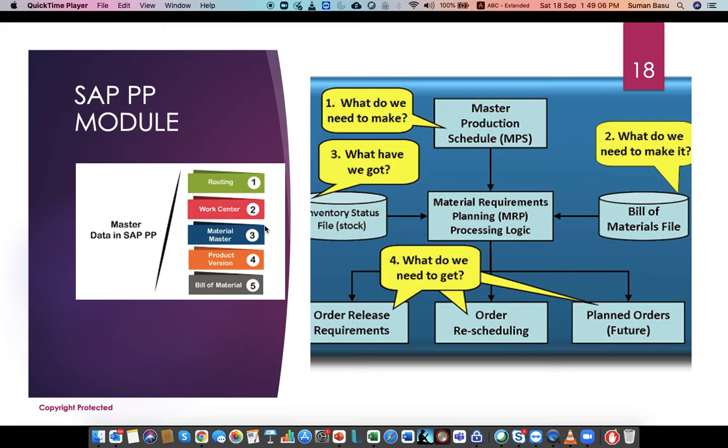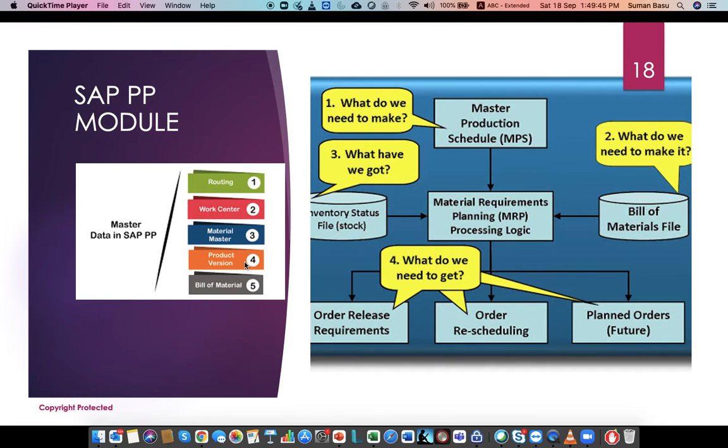What is product version? Suppose you make one screw 6 millimeter long, another screw you make let's say 6.5 millimeter long. So if the length is different, although the product is same, the versions are different. Or there may be a possibility that everything is same, but depending upon the requirement of customer, you need to put certain other test or certain other quality check for that product.